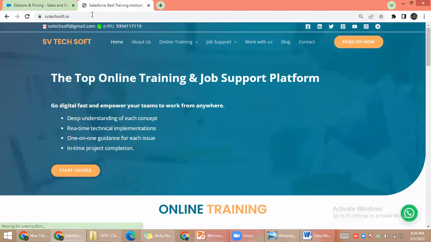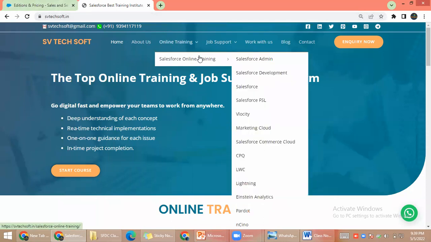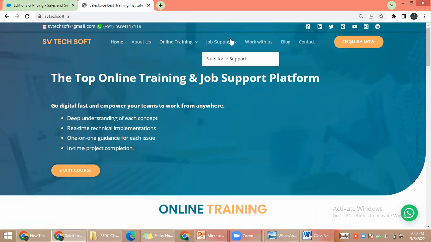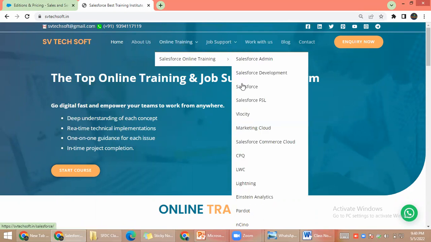Salesforce is a company, correct? They usually do business with a lot of people. Do you have an idea of SAP? SAP has modules like HR, ABAP, HANA, right? Yes. Similarly, Salesforce is completely cloud computing, and they also come up with a lot of modules. In this training we will cover Salesforce administration and development.